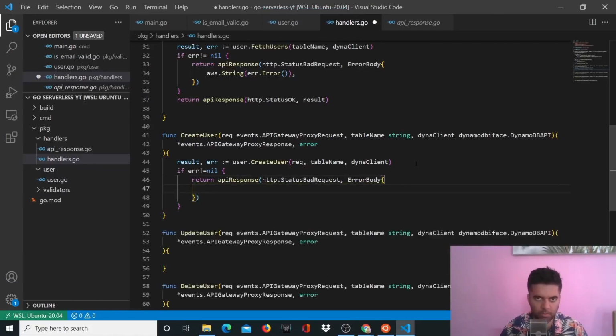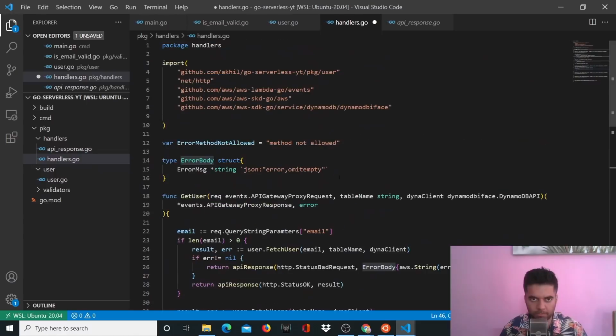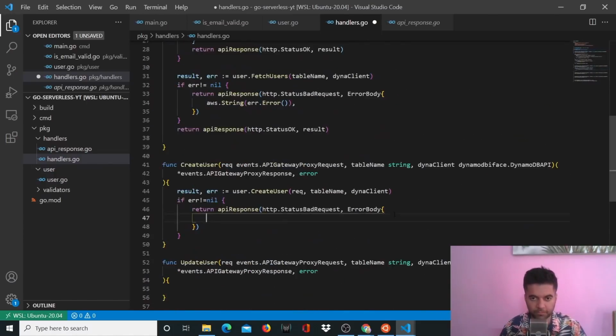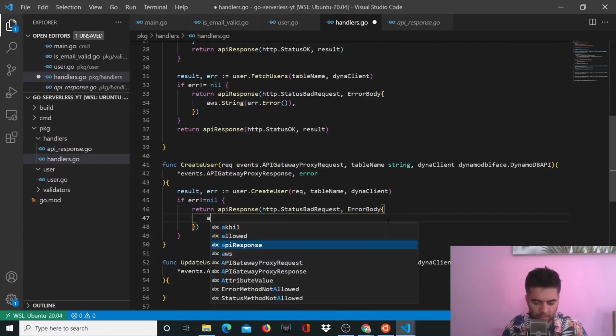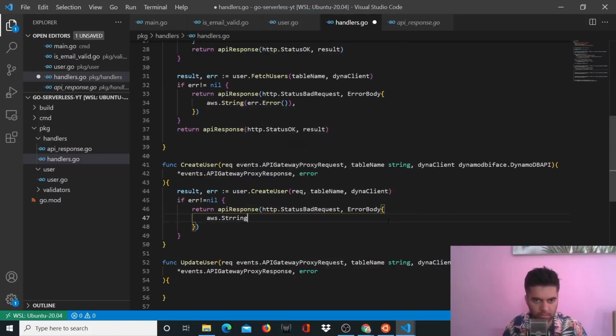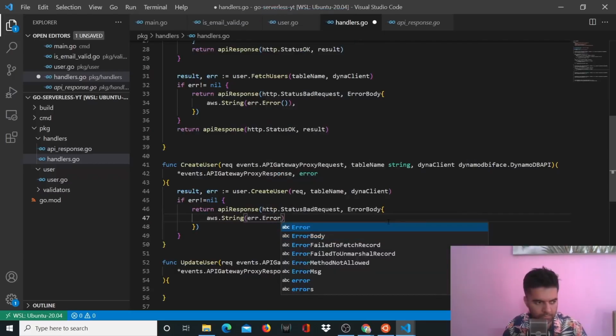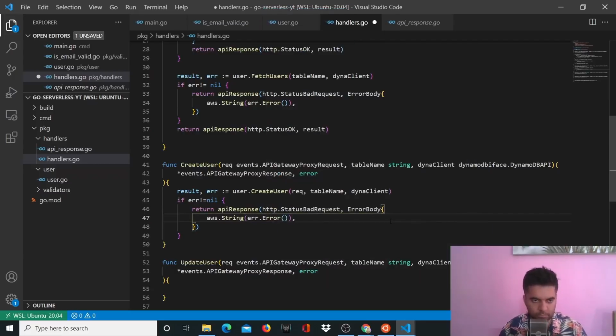And what will be in the error body? Error body in this case, by the way, is the struct that we've already defined, right? So what's there in the error body? It's aws.String with a single string err.Error(),